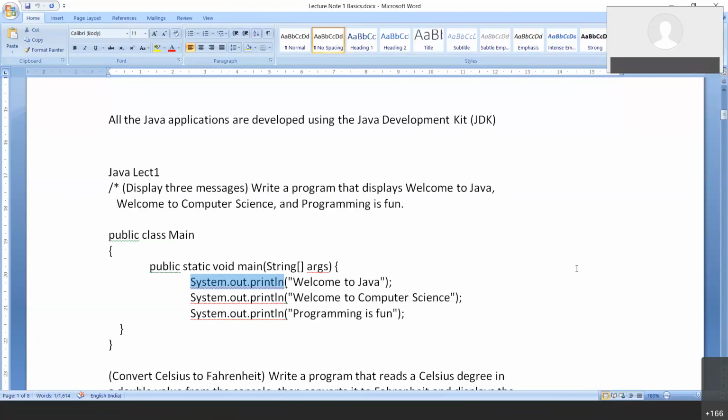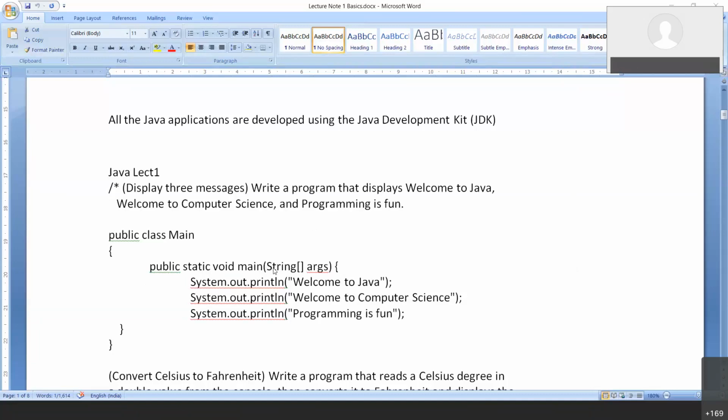System.out.println is available in the package called java.lang. Kindly remember that System.out.println is available in a package called java.lang. It's a package. By default, we do not have to write it. Everything is coming from the package.